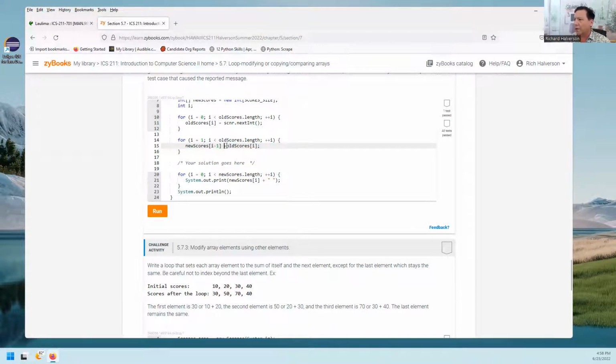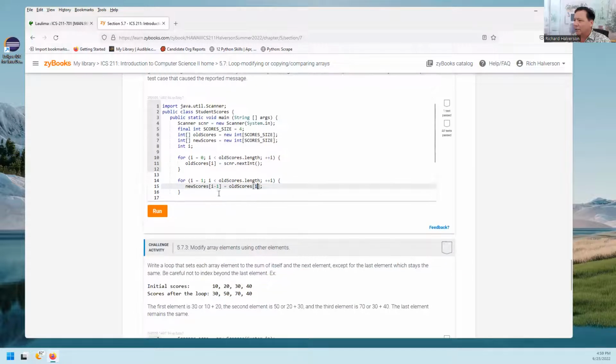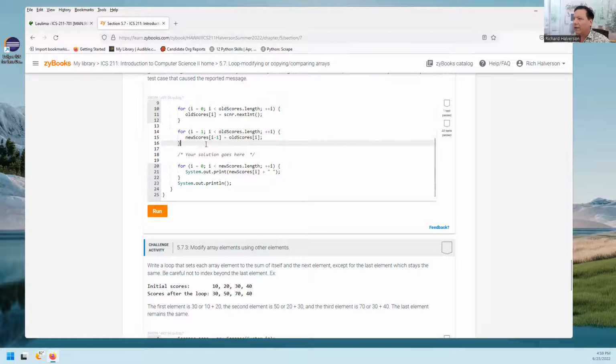So it starts out with i equals 1. So this is i equals 1, so this is going to be the 20, and this is going to be 0. When this is 1, this is 0. When this is 2, this is 1. When this is 3, this is 2. And then all I have left is I need to put